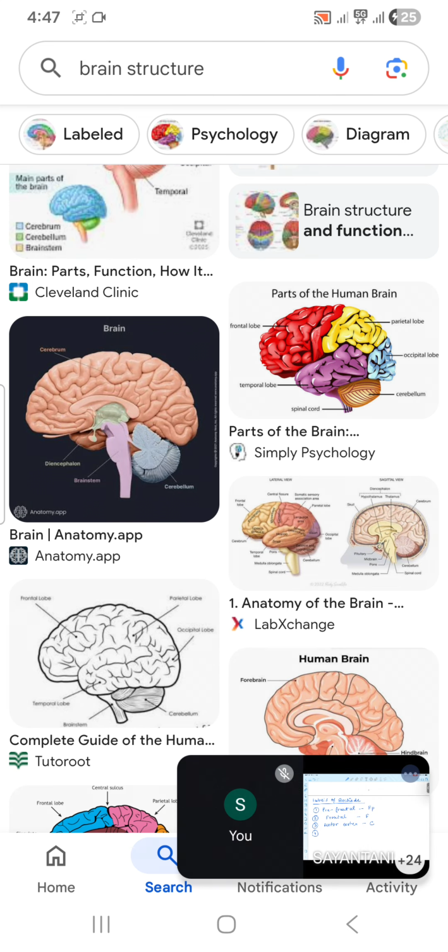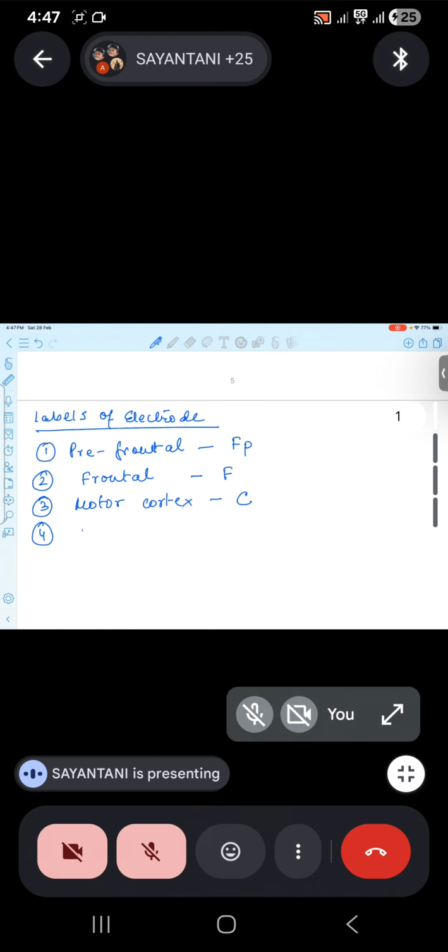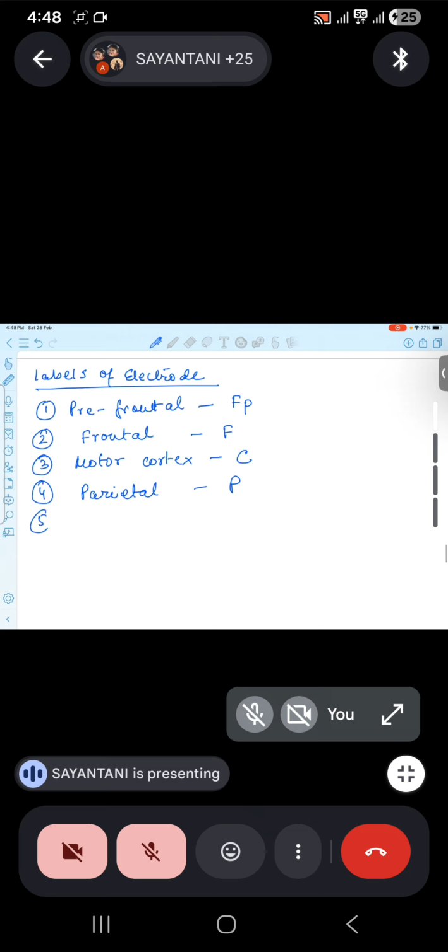Right behind your motor cortex, you have the parietal lobe. That begins with P. Beneath your parietal lobe, parallel to your eyes, is your which lobe? That is your occipital lobe. Begins with a capital O. And finally, behind your ears, you have your temporal lobe. That begins with T. Now,